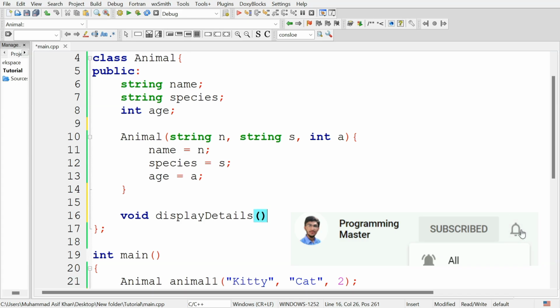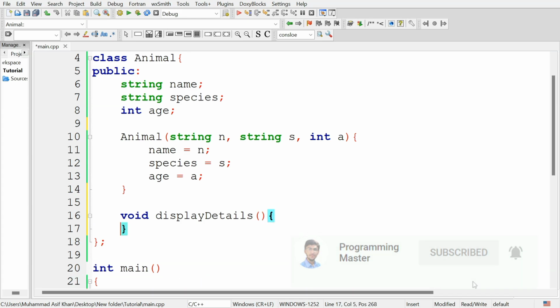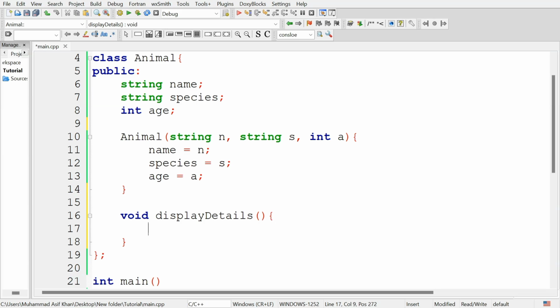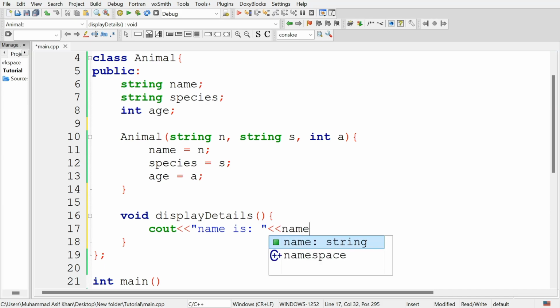In this function, display all the details, all the attributes of this class, with cout. Name is the value that will be stored for that object in the name attribute.